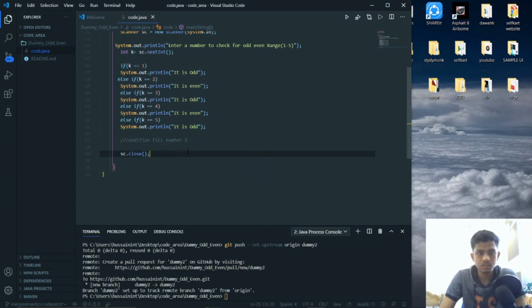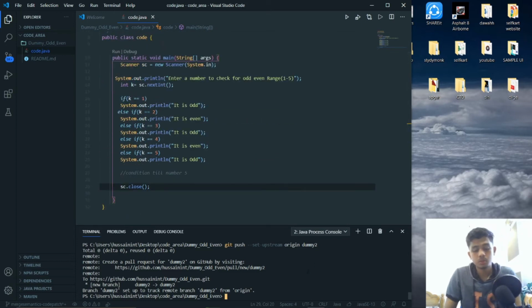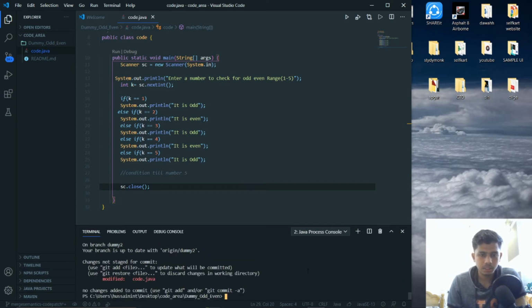We will save this, and now we will push this code to our repository. Remember that when you push the code, it will be updated in the branch that we have created. We'll type git status, and it says code.java has been modified.